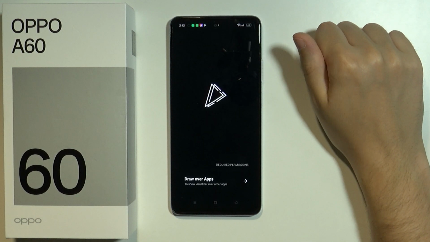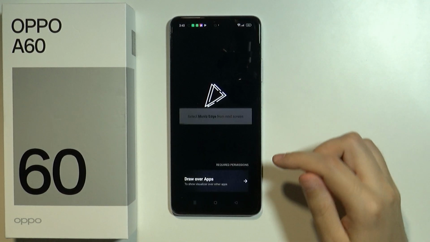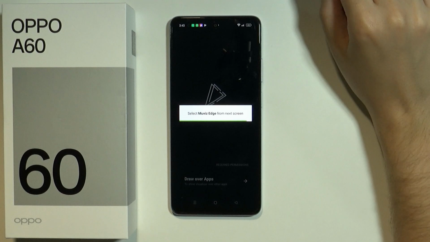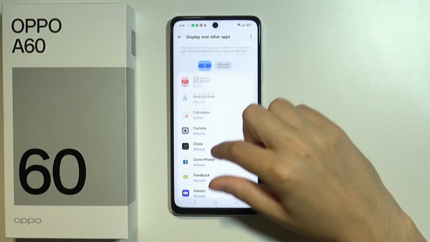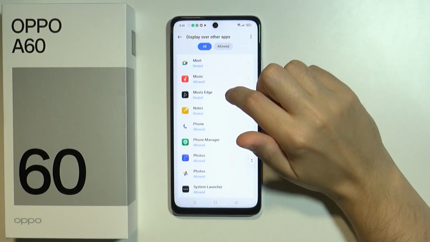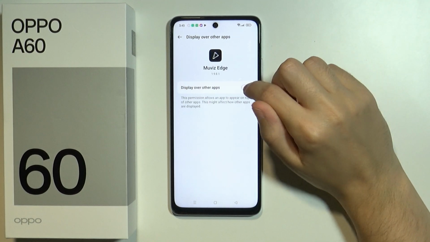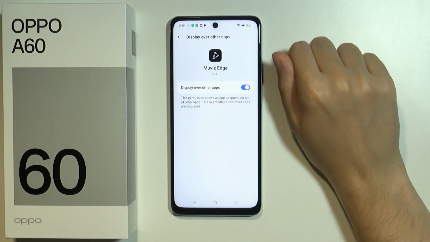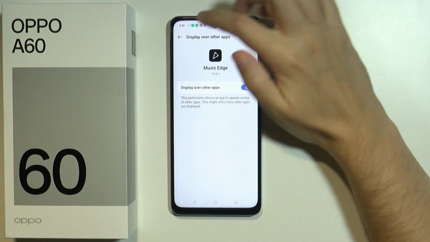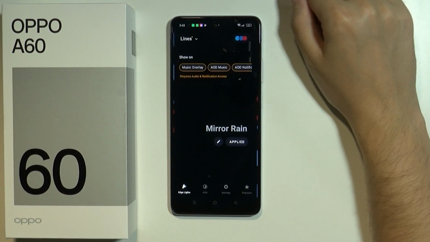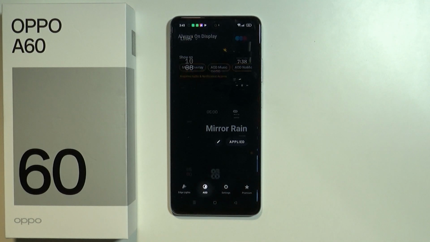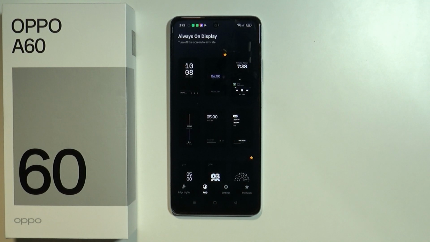press open. At first we will need to grant some permissions, so tap on this arrow in order to open the list of the apps, and then we need to find Muviz Edge over here, select it, and tap on the slider on the right side in order to grant display over other apps permission, and then we need to simply go back. We'll go back to the app itself, we can switch to AOD category at the bottom, and